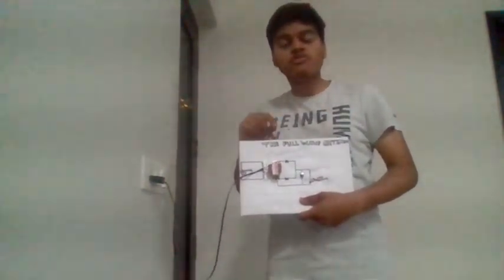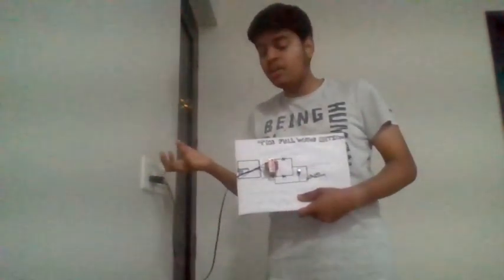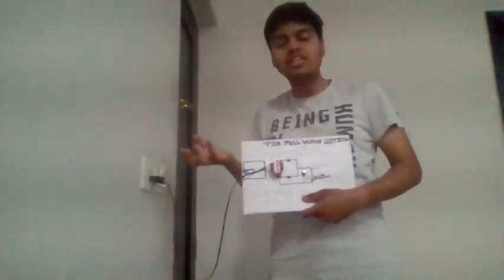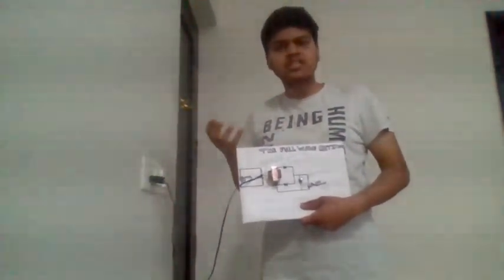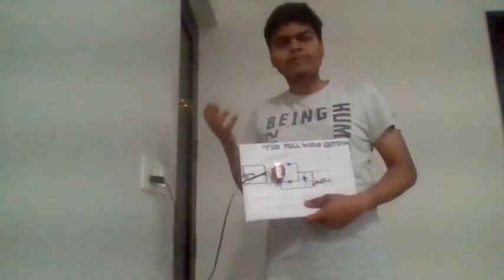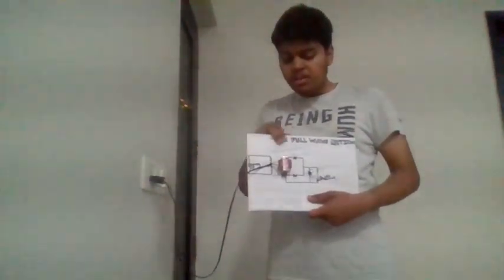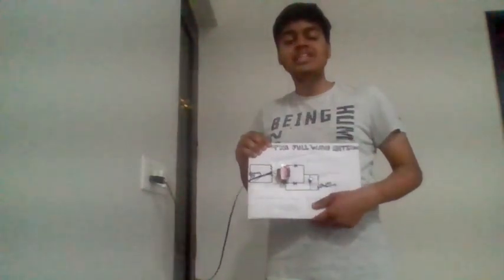So let's start. What is this device about? This device is known as the full wave rectifier. It converts the AC current being supplied in our homes into DC current. It is mainly used in chargers, mobile phone chargers, laptop chargers, and adapters also make use of this full wave rectifier. Any wave or any frequency determined in AC current will be transformed into DC current.